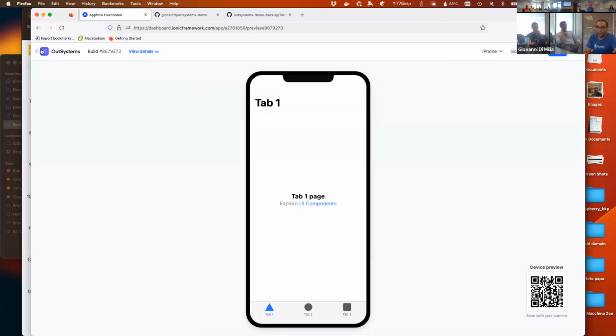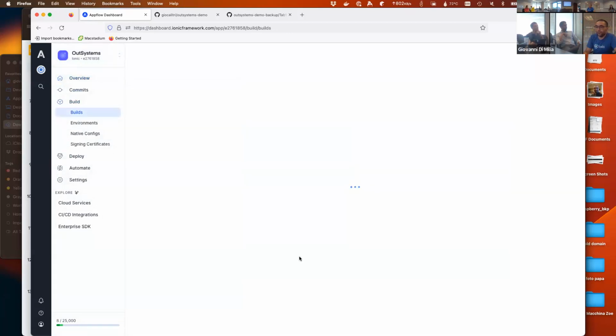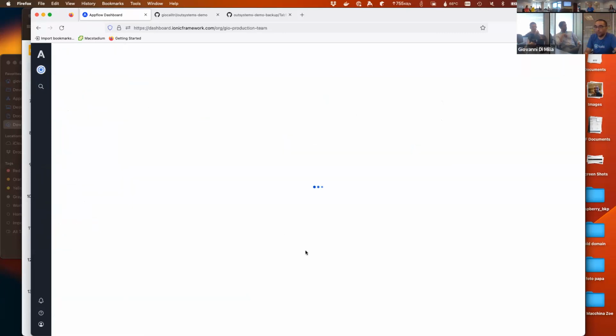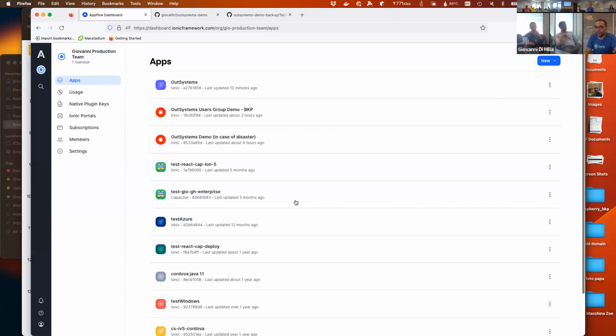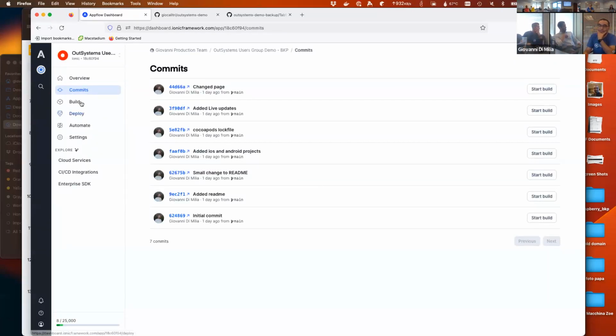So what's next? These are the different apps. Because I don't want to push code live, I already have the exact same app from the exact same code base that I was building before.